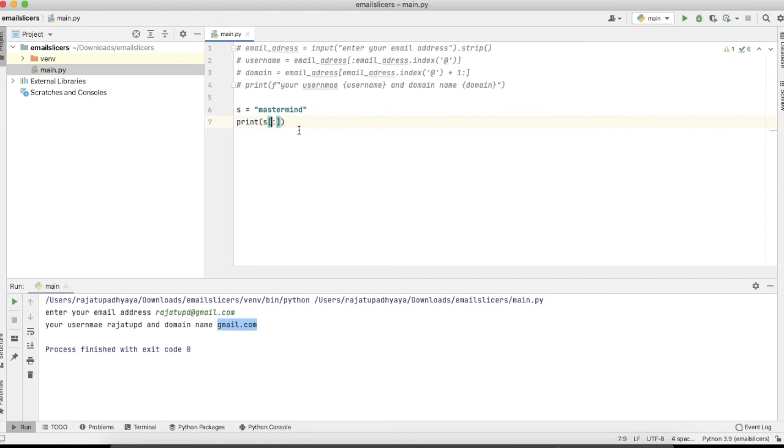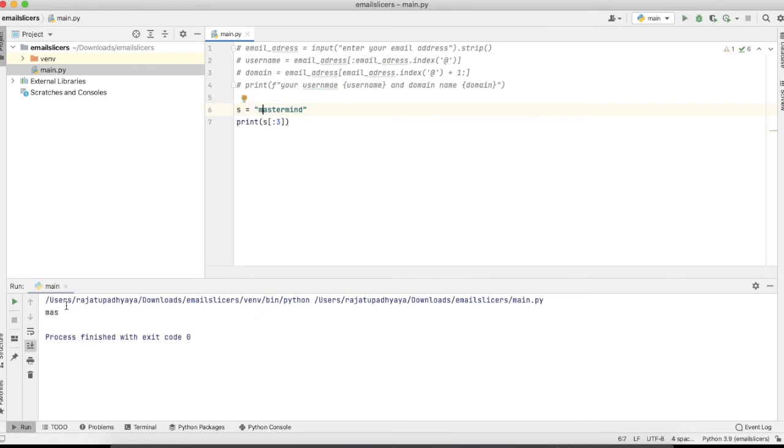If we don't pass anything, it will take 0. So from 0 to, suppose 3, that will run 0, 1, 2. That means it will print MAS. So the starting index is 0 and the end index is 2.